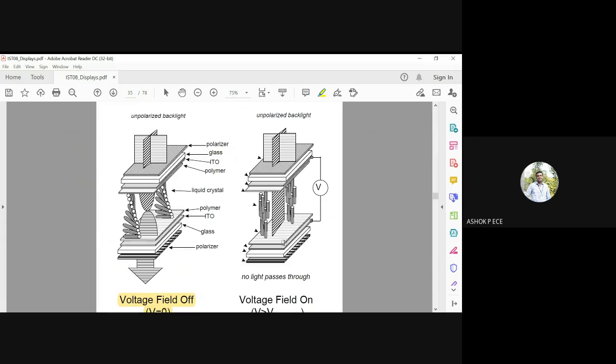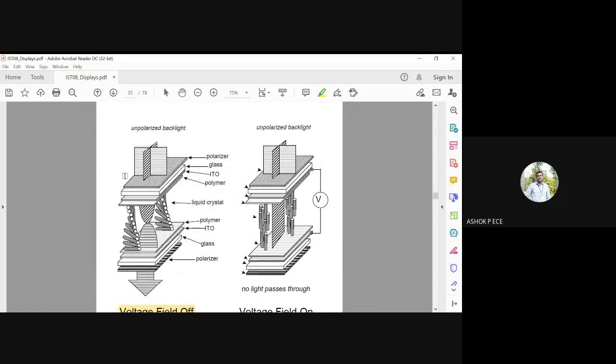It will reflect the light back, or I can say it will not permit the flow of light into the liquid crystal. It's not permitted when I apply a particular amount of voltage or current. That is how the principle of LCD works.